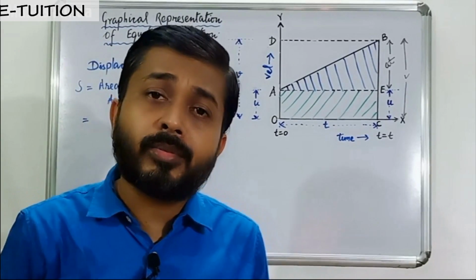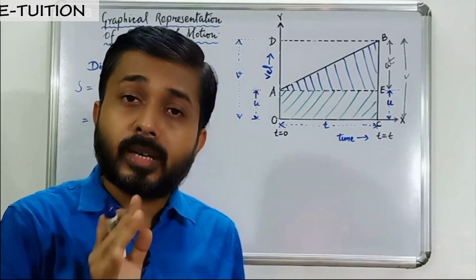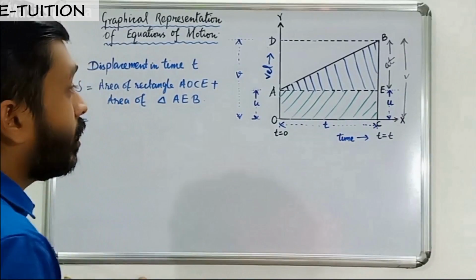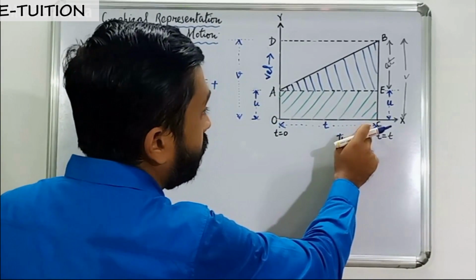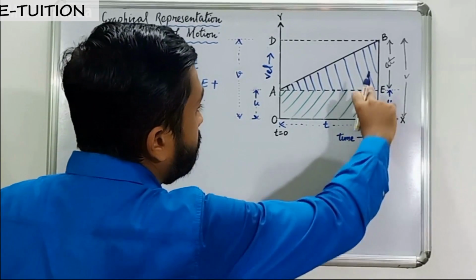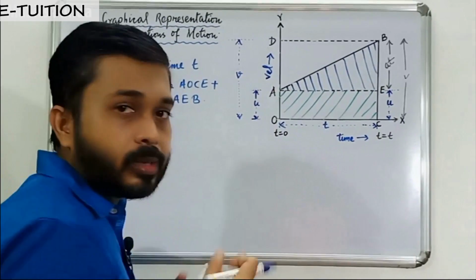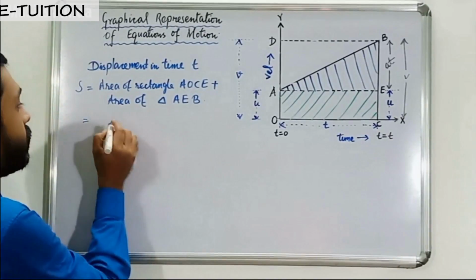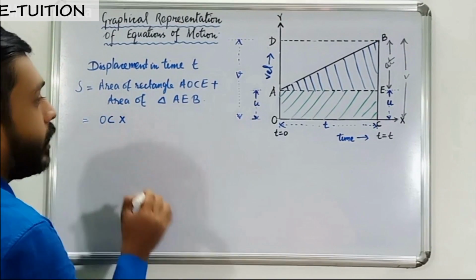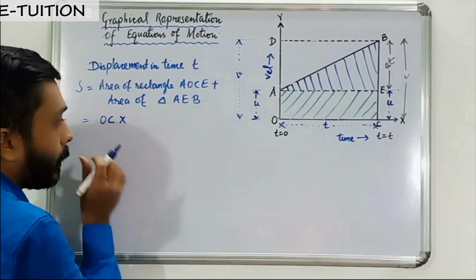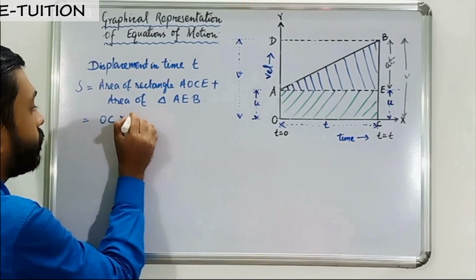The formula for the area of a rectangle is length multiplied by the breadth. What is the length? Length is OC, the bigger side. The breadth is CE or AO, whatever you feel like to write. I'm writing here OC multiplied by OA